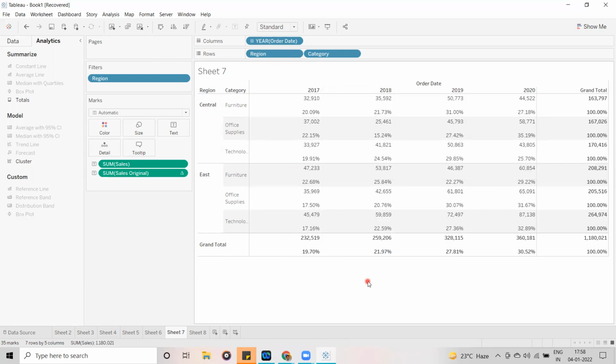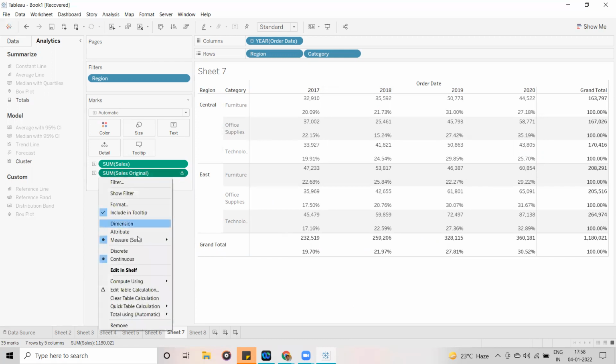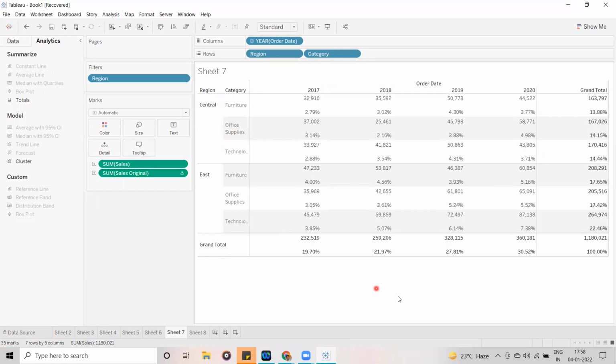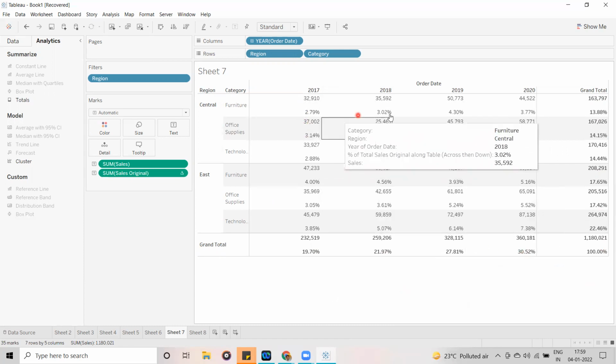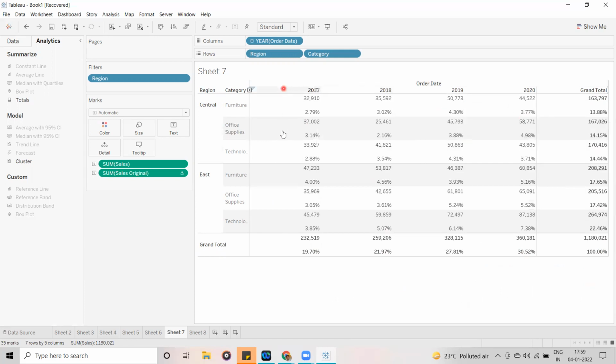In that case I go to the drop down, compute using, and choose Table. If I click on Table, whatever you sum is going to be 100%. The percentage is calculated based on the entire table values.